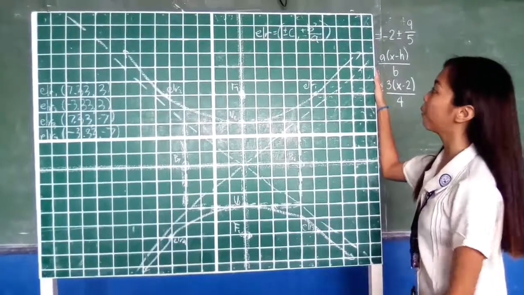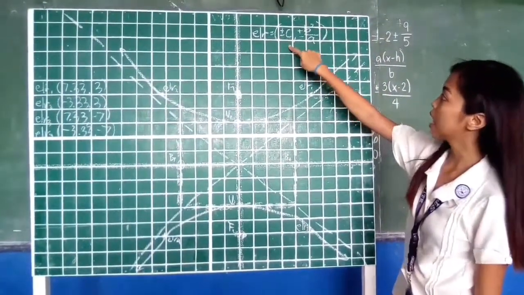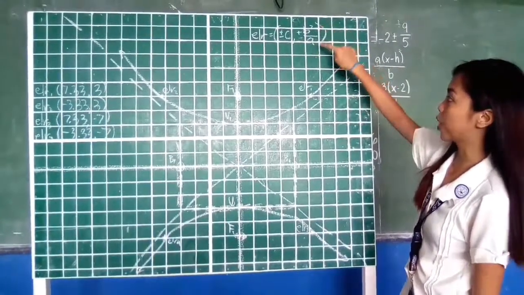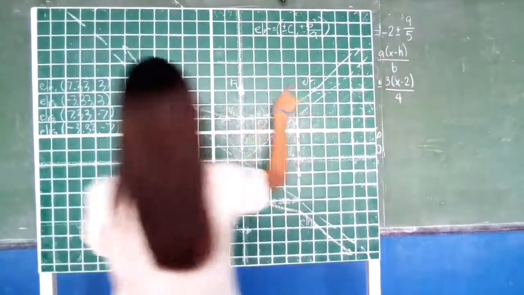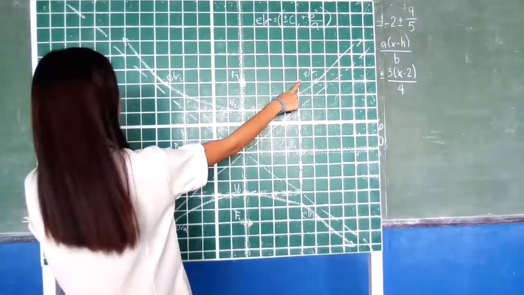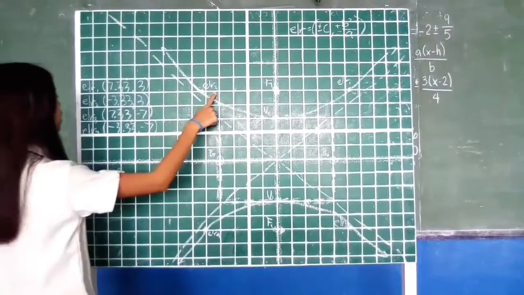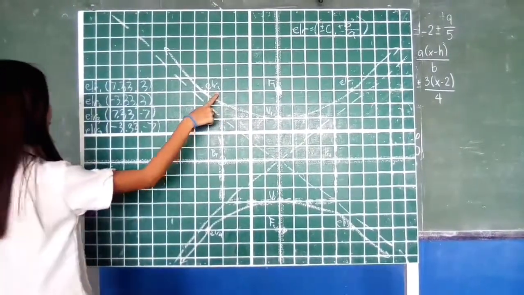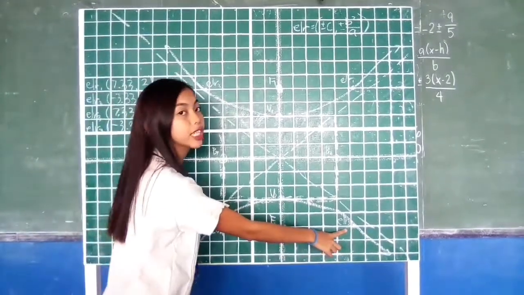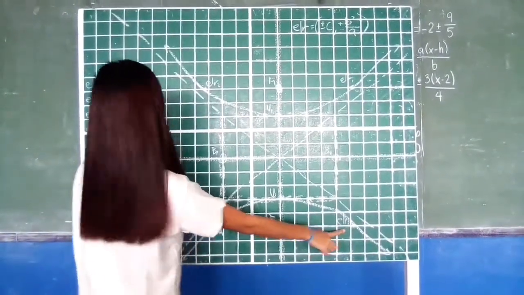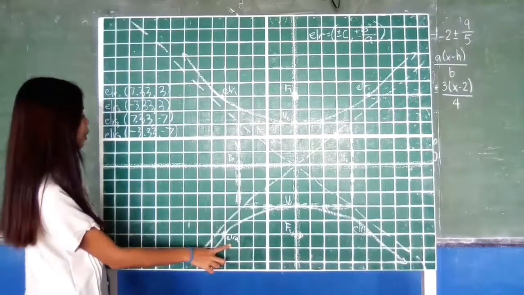To find the endpoints of the latus rectum, we will use positive and negative c and positive and negative b squared over a. So our ELR1 is 7.33 and 3. For the ELR2, negative 3.33 and 3. For the ELR3 is 7.33 and negative 7. And for the ELR4, negative 3.33